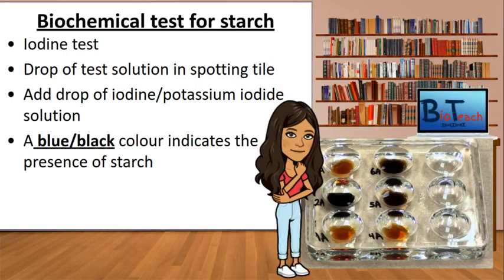Let's first look at the test for starch. You may have had a chance to carry this out when you studied for your GCSEs. The iodine test is the test that allows us to check for the presence of starch. There are a couple of methods, but we usually use a dimple tray, like the one shown in the image on the bottom right. You would need to add a drop or two of the test solution on the spotting tile, and then add a drop of the iodine or potassium iodide solution. If starch is present, you would see a blue-black colour change occur, as it's shown in that photograph on the